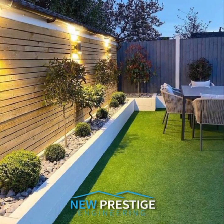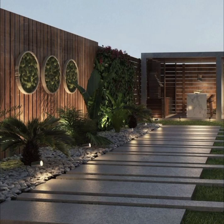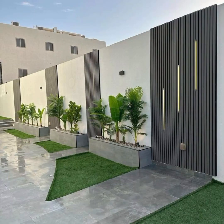And then design, plan. Sketch your garden layout, taking into account pathways, seating areas, and focal points. And then choose a style. Decide